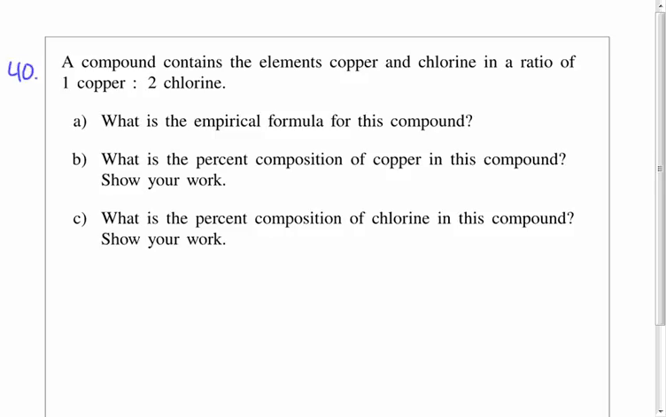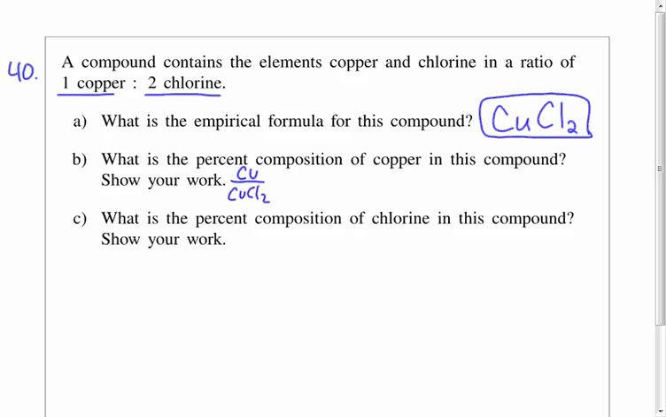For number 40, we have a compound that has a ratio of 1 copper to 2 chlorines. So that tells you your empirical formula right there. For 1 copper, you're going to have 2 chlorines paired up with it. Then we want to find the percent composition of copper and then the percent composition of chlorine. Once you find one, you can just subtract it from the 100% for the whole thing to get the other. So if we want the percentage of copper,